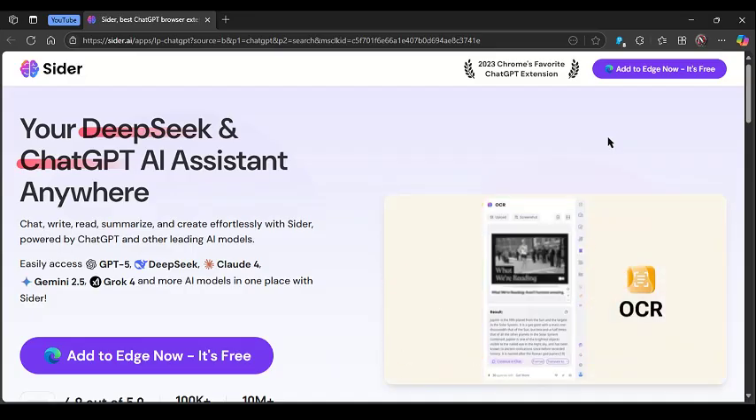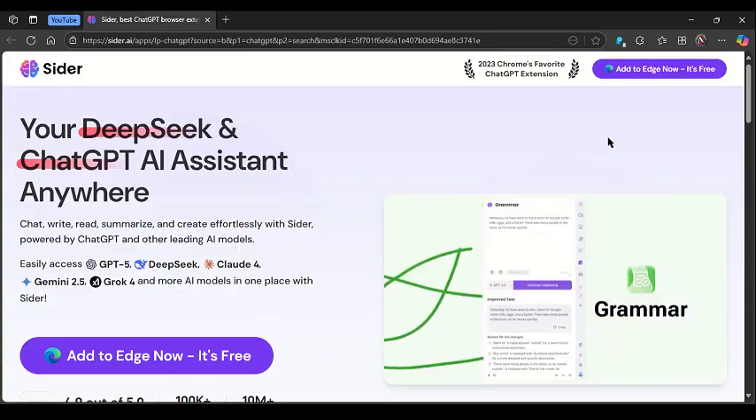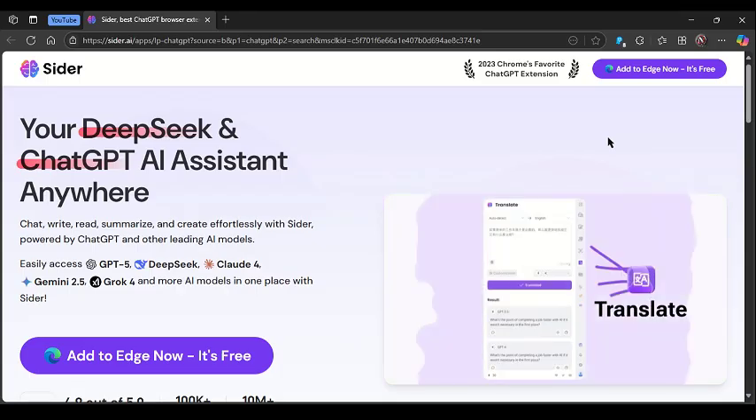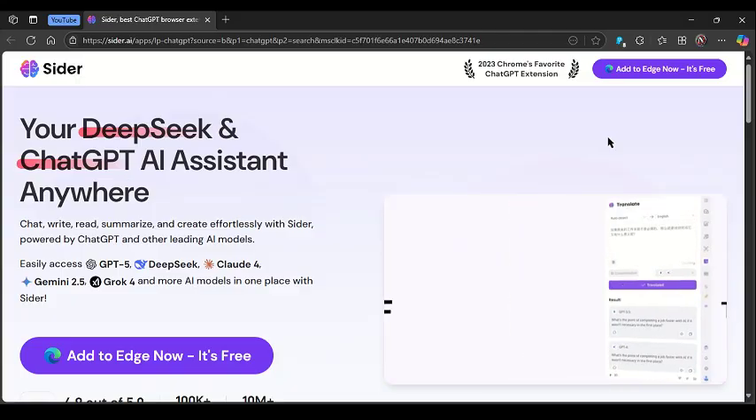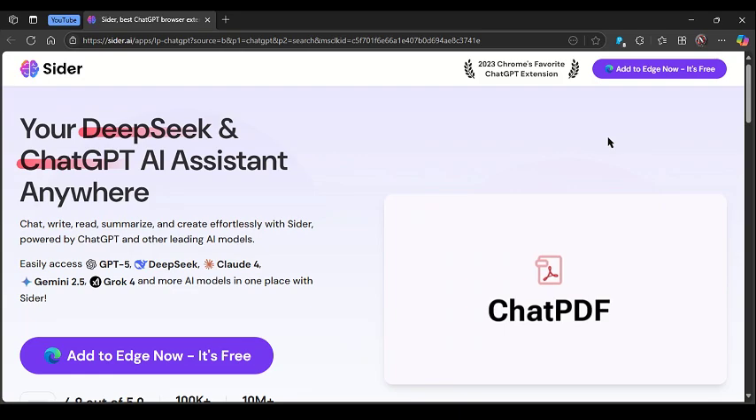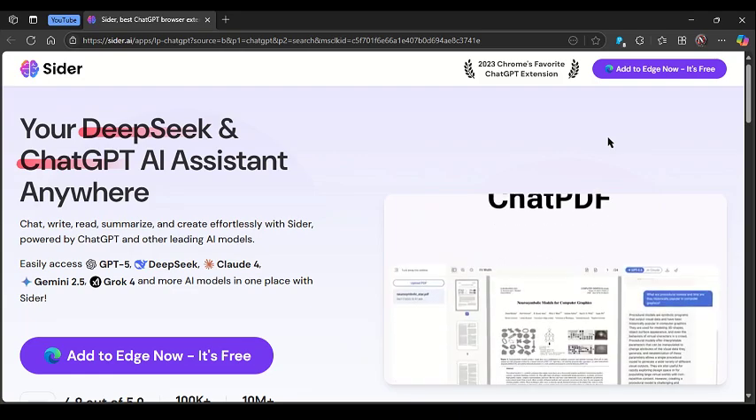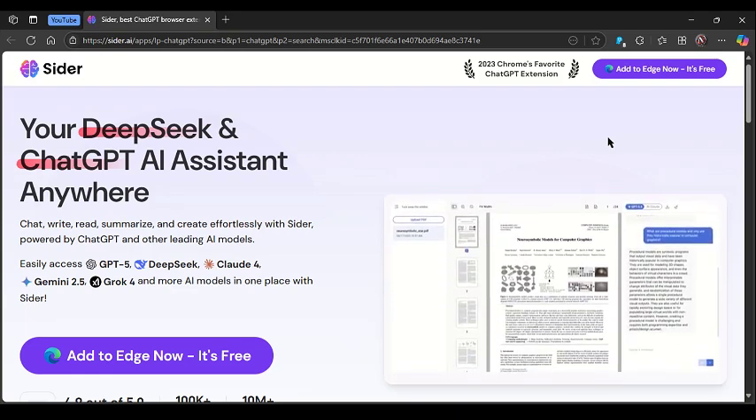Zyda AI is one of the most powerful browser extensions in 2025, giving users instant access to multiple AI models like GPT-4, Claude, Gemini, and more right in a sidebar. Its strength lies in its versatility, and you can also summarize web pages, YouTube videos, PDFs, or images, compare answers